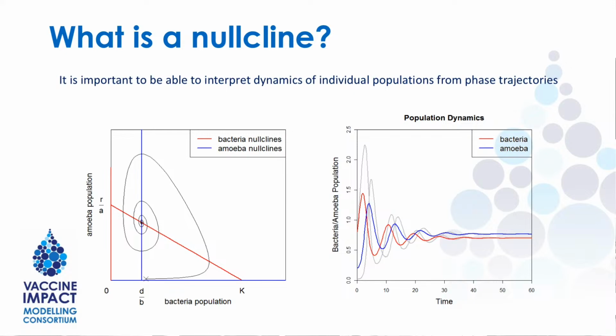Like the d over b is the one we got from the amoeba population, right? Yeah. So why do we put it on the x-axis? Oh, so this is point d over b. So this vertical line here is where x equals d over b. That's where we've got it there. I don't get it. Sorry, can we go back